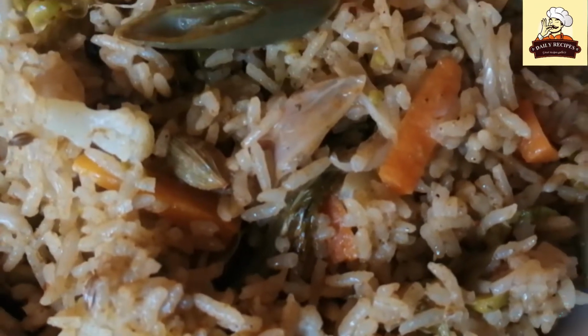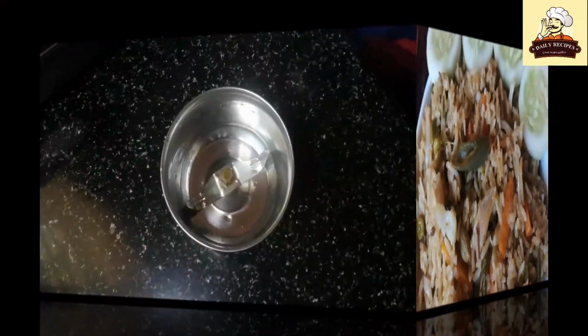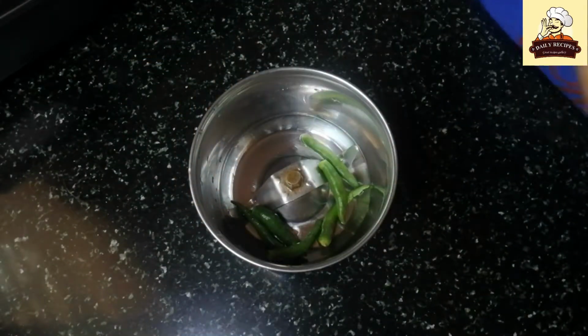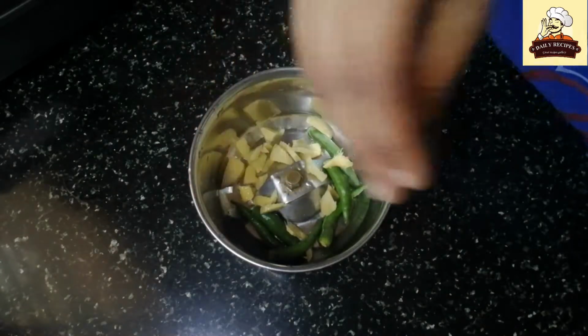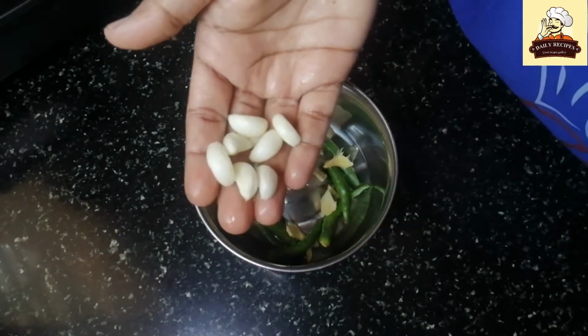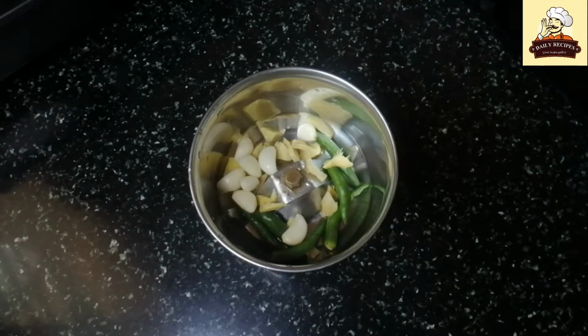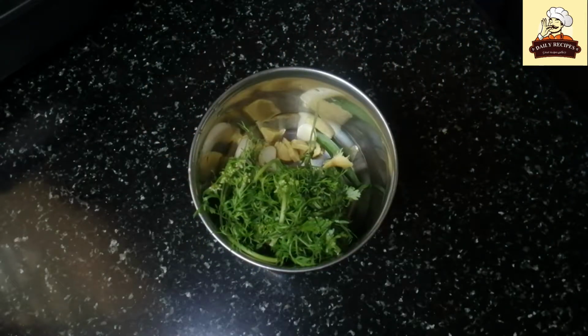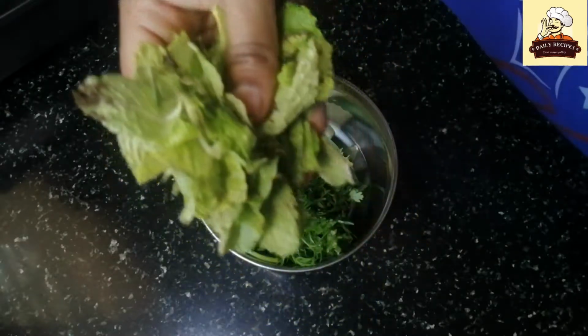Now let's start the procedure. Firstly, let's prepare the masala, for which we will blend some ingredients. Now to a mixer, add 5 to 6 green chilies, 1 inch ginger, 6 to 7 garlic cloves, some fresh coriander, mint,